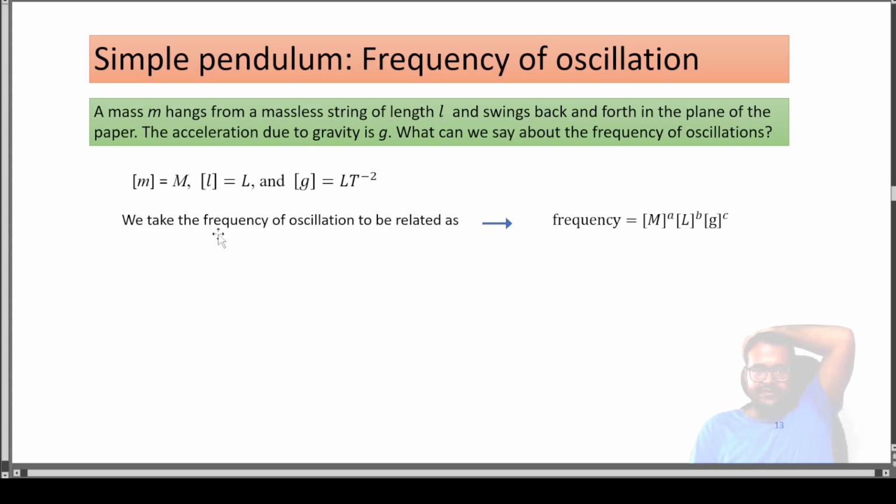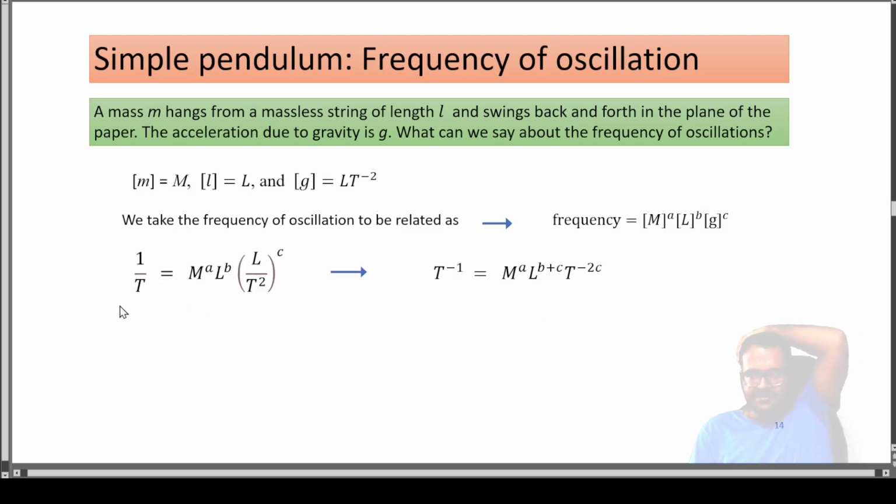So we take the frequency of oscillation to be related with some unknown parameters a, b, and c. The dimension of frequency should match the dimension of the right hand side, which can be found from m to the power a, L to the power b, and g to the power c. The dimension of frequency is 1 by t. So we make the left hand side 1 by t, and the right hand side m to the power a, L to the power b, and L by t squared to the power c. Then I equate it one by one. The t to the power minus 1 is m to the power a, L to the power b plus c, and t to the power minus